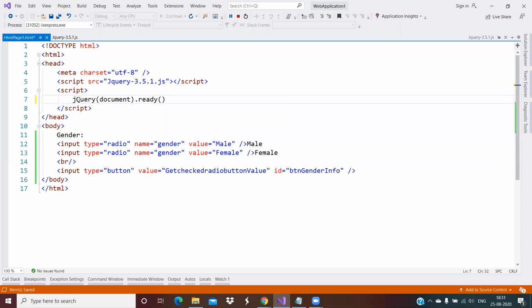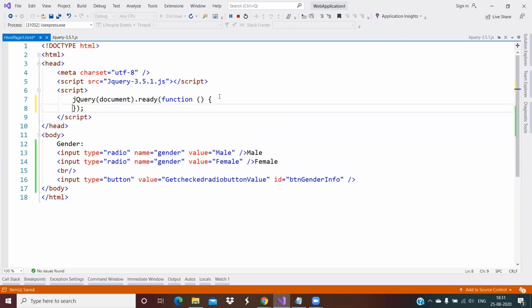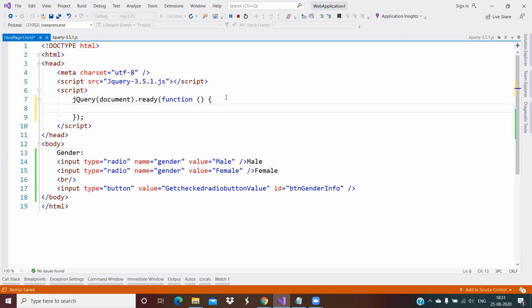I need to perform some action, so I will create an anonymous function to run in that ready function when the DOM is ready. I bind the click event to this button. Whenever the button is clicked, I check whether any radio button is checked or not.